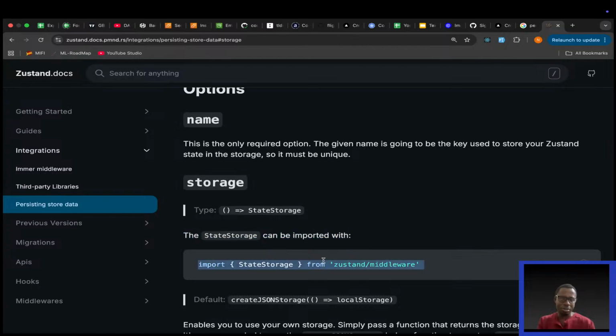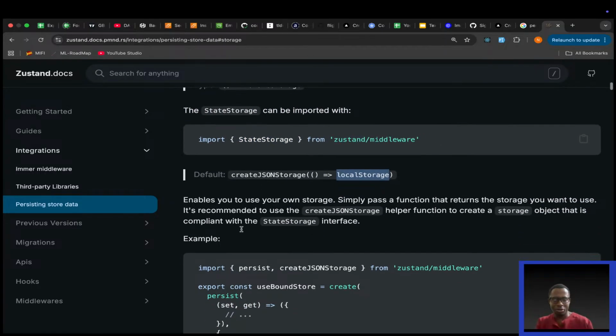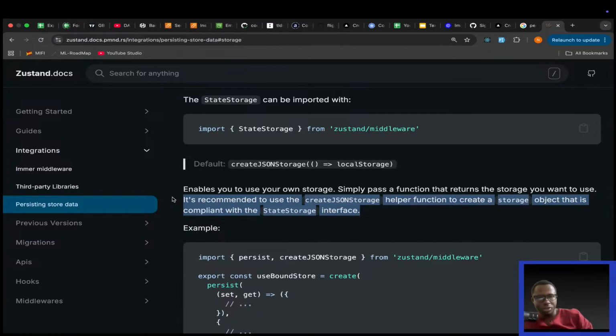By default, it returns local storage. It enables you to use your own storage. Simply pass a function that returns the storage you want to use. Then they're saying it is recommended to use the createJSONStorage helper function to create a storage object that is compliant with the